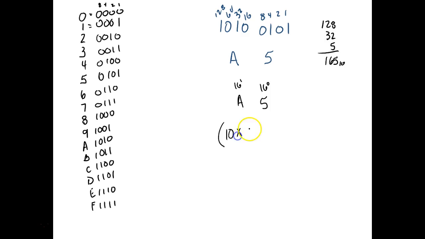So that's going to be 10 times 16 plus 5. And what do you get? 165. So what we did is we just proved that if I split this thing into 4 binary bits, then I write those down as a hexadecimal number, that A5 is equal to